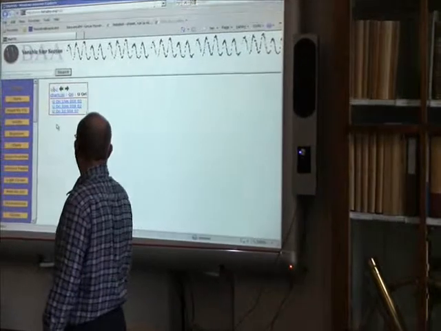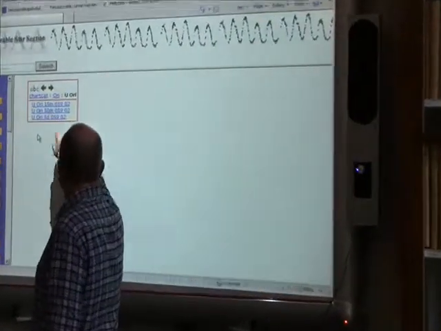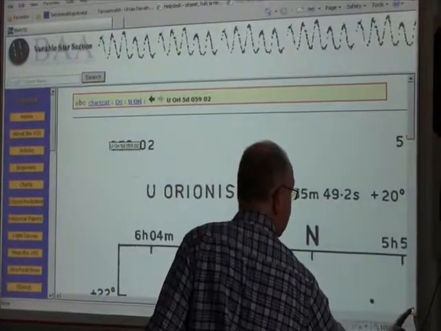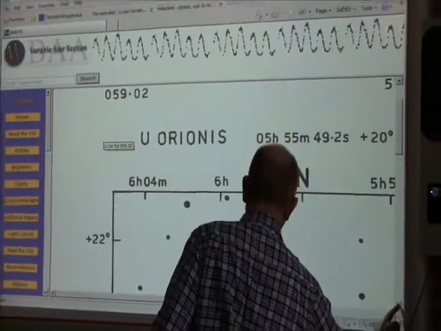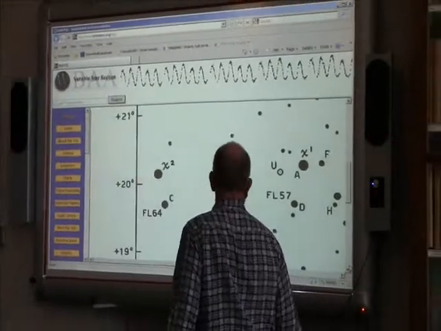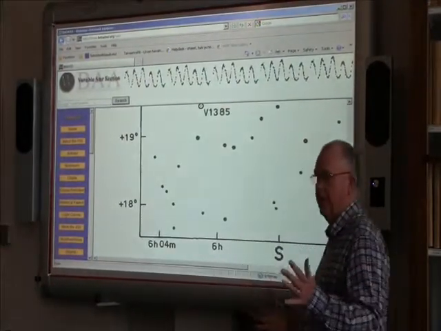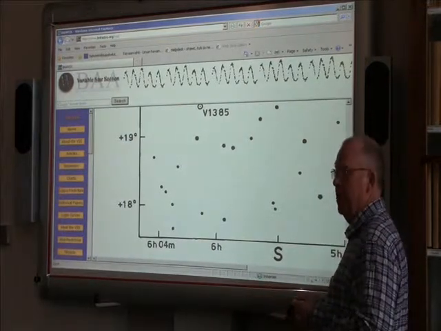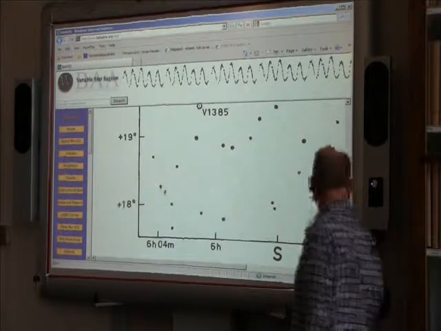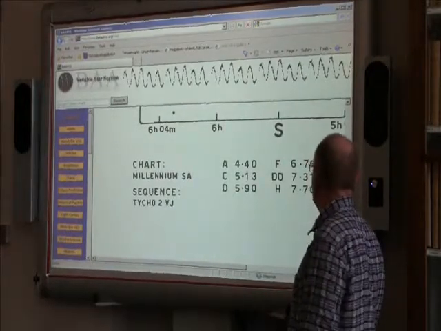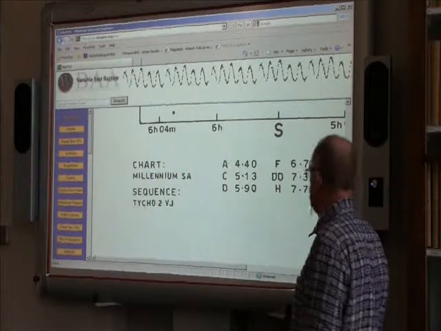If you're looking at it visually, it's easier to see the charts if you copy and paste them into a Word document. And we record the comparison star magnitudes underneath.